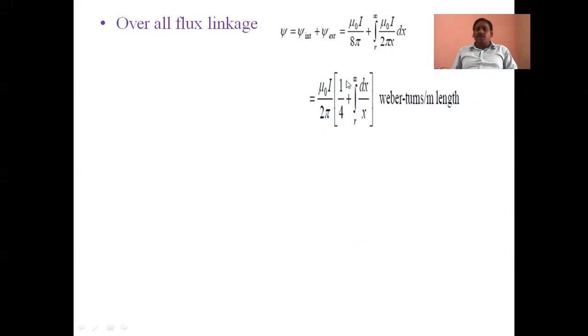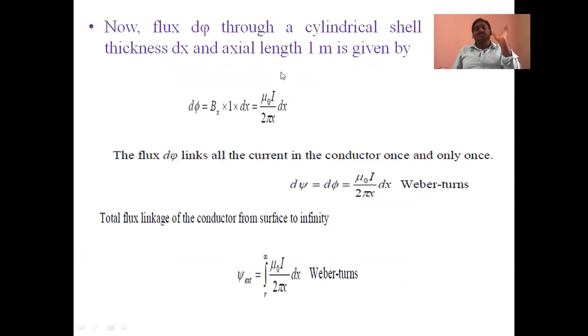If we take 2 pi common, what happened? 1 by 4 is there in this part, plus the integral from r to infinity of dx by x, Weber turns per meter length. This is the total flux linkage